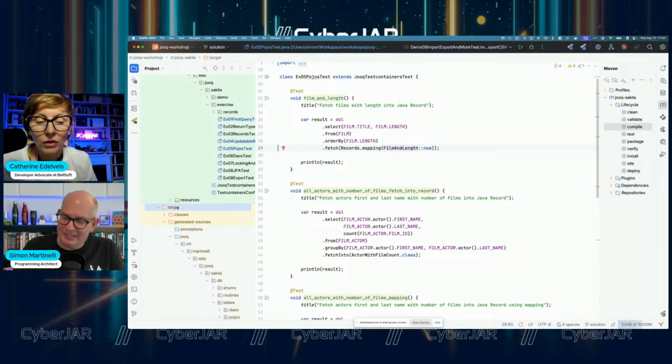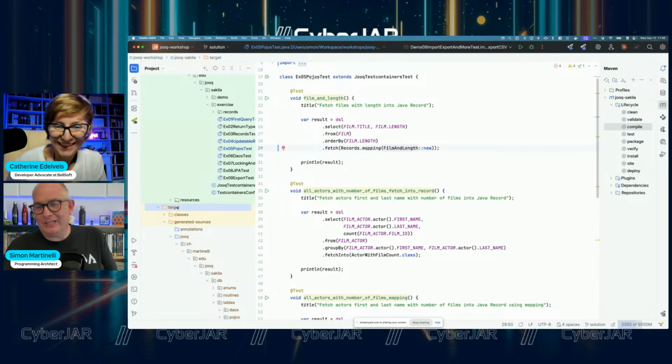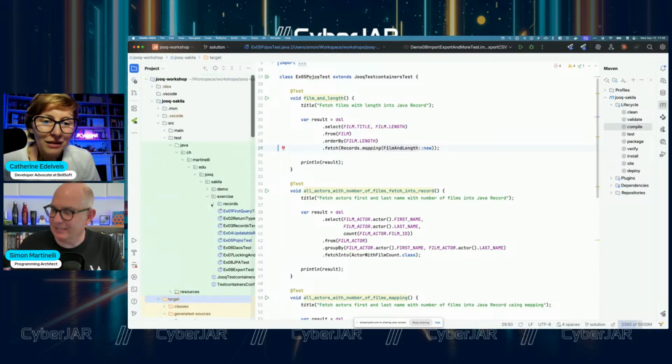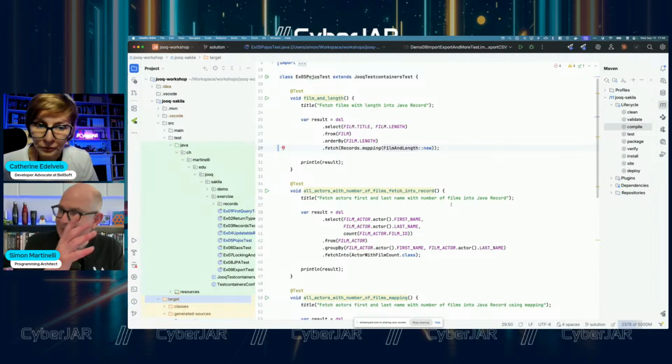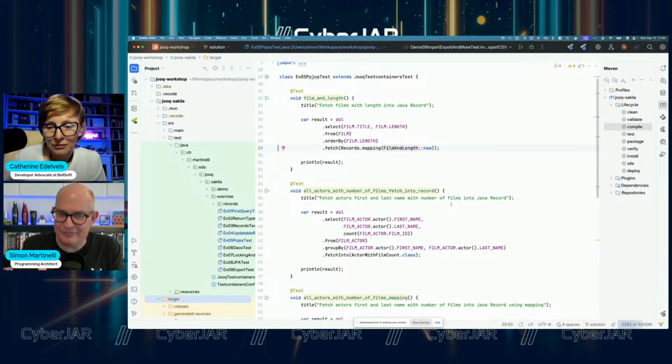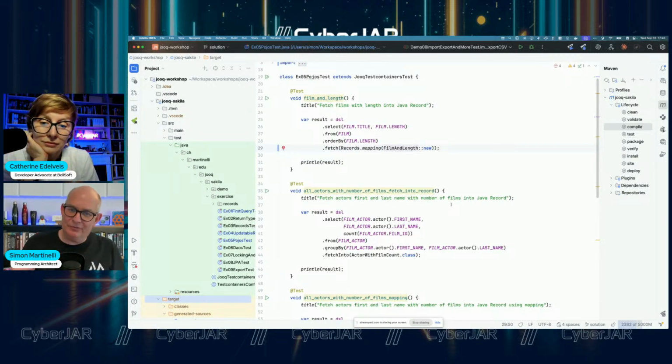But in my opinion, there is a superpower with jOOQ because jOOQ can do something that Hibernate can't do. Oh, intriguing. So what jOOQ can do is return nested results. Oh. So you can do that with Hibernate in terms of entities, right? You can define relationships to one, to many, and if you don't take care of the fetching strategy, you will get n+1 select problem, and this will cause performance issues in production. And in my opinion, if you really do reading data and you want to read data that you don't want to change, and that's most often the case.